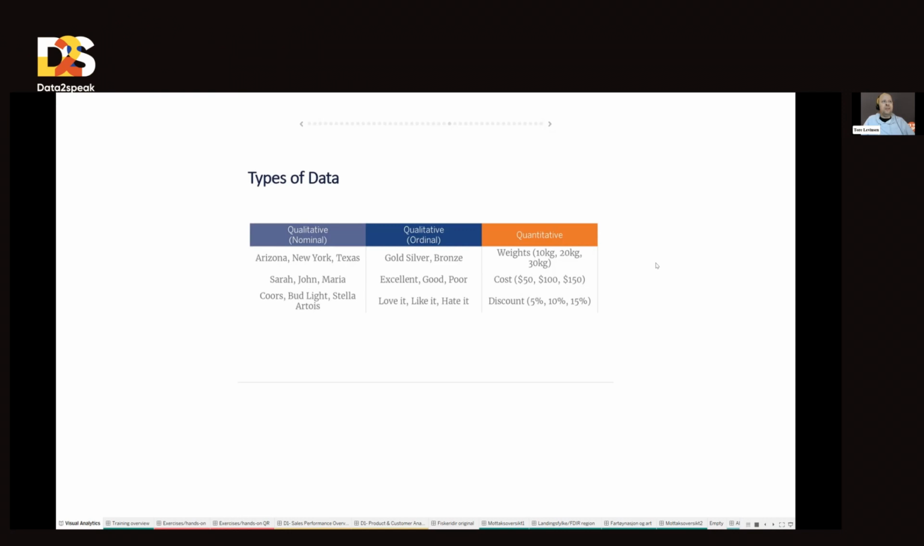And then you have quantitative data. So if you have weights, 10, 20, 30 kilos, you know that 20 kilos is twice as much as 10, and so on. If it costs something, if you give a discount, you can always do some math and figure out how much bigger or how much less one number is than others. So depending on when we have these different data, the qualitative, nominal, ordinal, or quantitative,